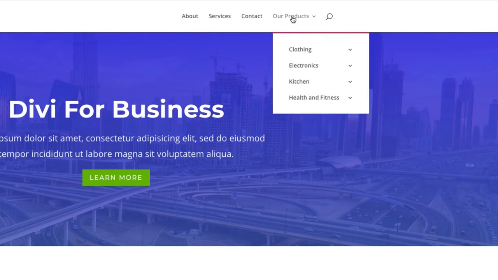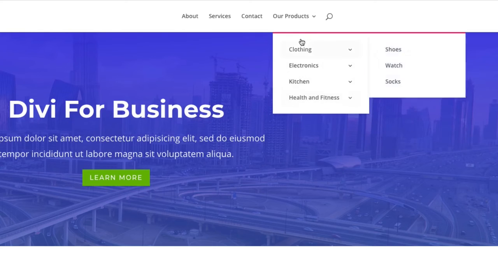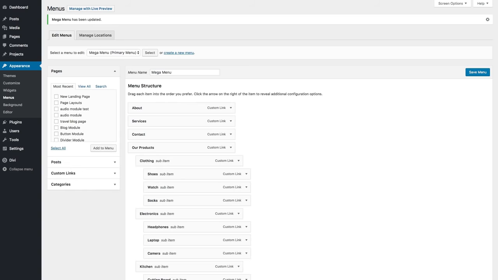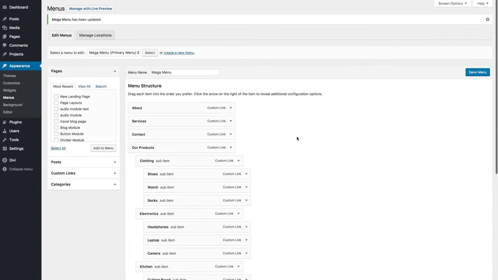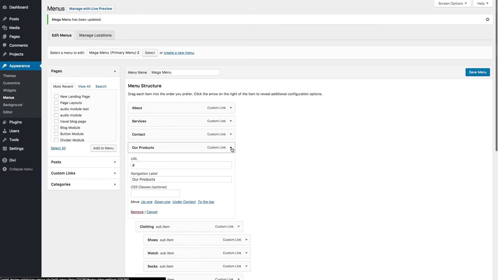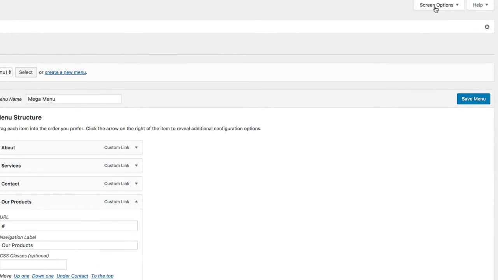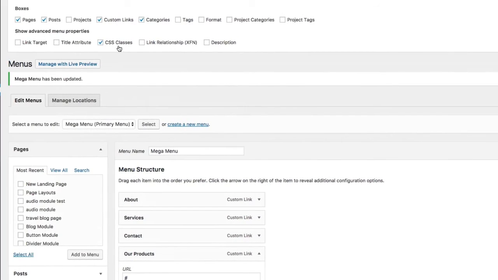Now to turn this into a mega menu so that we can see all of these things at once, go back to our menus page and we're going to add a CSS class. In order to have the ability to add CSS classes to our menu items, we're going to need to click this button up here to toggle open our screen options and then make sure CSS classes is selected. Once you've done that,